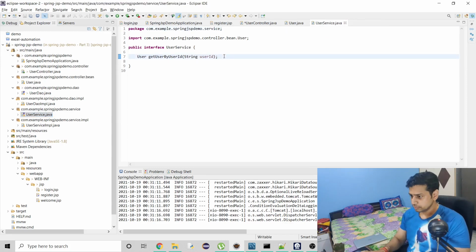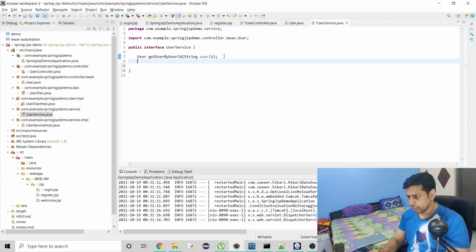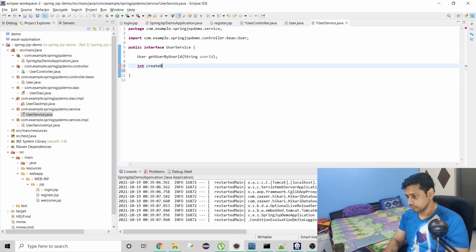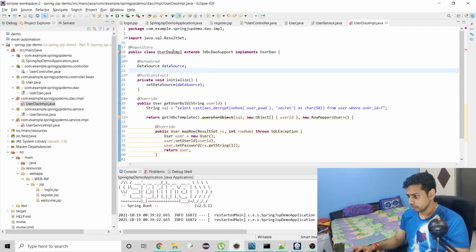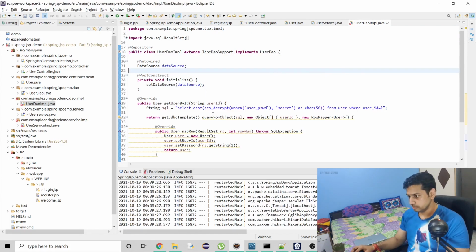Damn good system I have. Okay, let's do it. Int, and then what was the name? Okay, looks good. Now we have to do the same for implementation. So for DAO implementation, I have to add an implement.